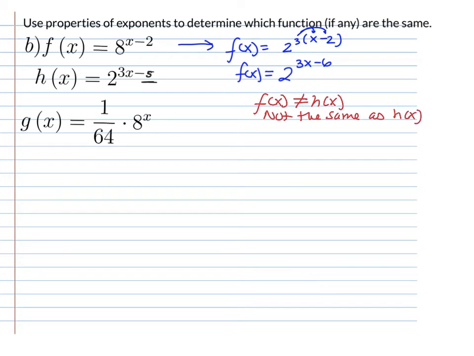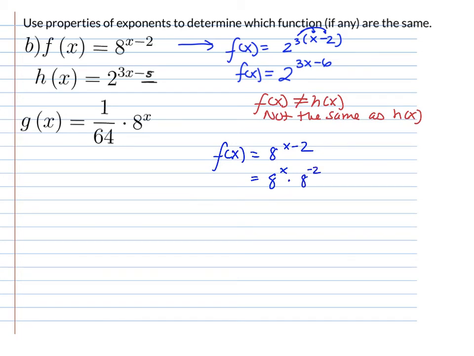Okay? So I'm going to do that again, and I'm going to try to manipulate f of x. So I'm going to use my f of x function again, this one right here. And I'm going to see if I can manipulate it and make it look like g of x. So the first thing that I'm going to do, I can use my properties of exponents and separate this as two separate powers. So I could have 8 to the power of x times